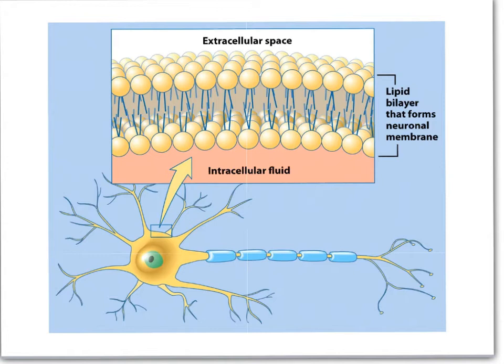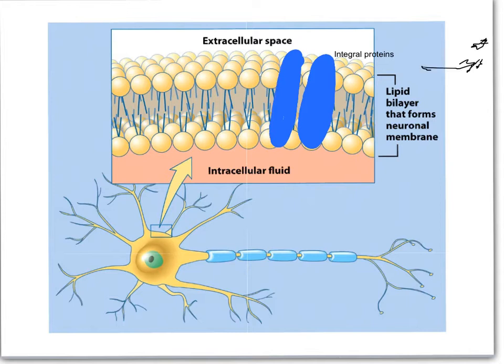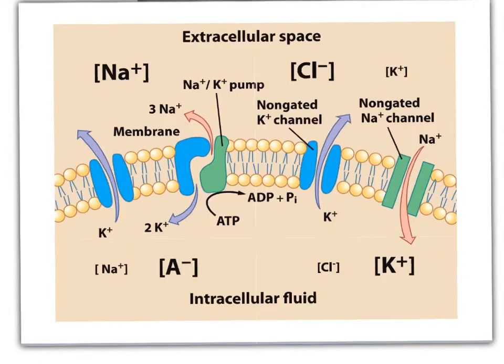We also have in this structure those integral proteins that I mentioned earlier that go from one side of the bilayer to the other. And we have extrinsic proteins, which are proteins that lay on one side or the other, but don't go all the way through. Now this gorgeous illustration nicely depicts what's going on at the level of the bilayer,